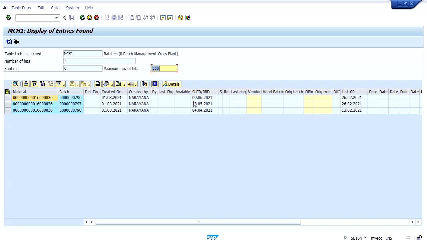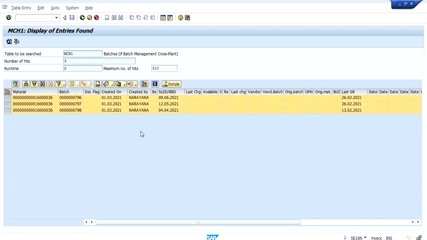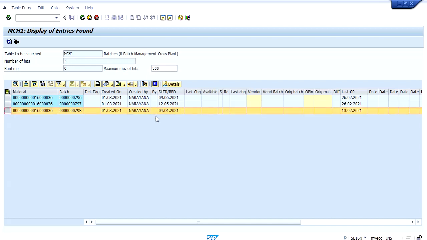So before going forward, these are the different batches I have taken in as part of goods receipt. Here we can see this is the batch that is going to expire. After this batch, batch 798, the remaining 2 batches will expire. So batch 798 is the one which will expire first, depending upon the shelf life expiration date.